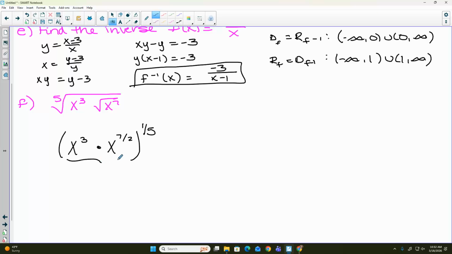What do we do with these exponents? So we did 13 halves. And then power to a power, we